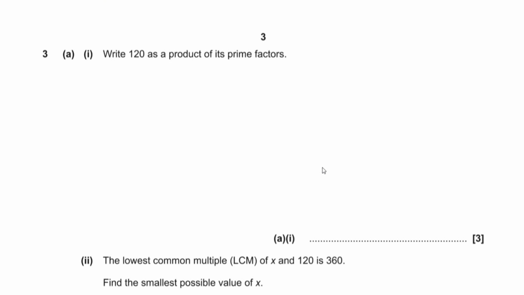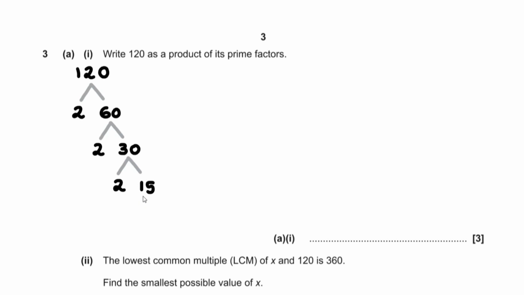Question number 3. Part A, for the first part, we have to write 120 as a product of its prime factors. So, we've got this 120, and we can split this up as 2 times 60. 60 we can further split up as 2 times 30, 30 we can further split up as 2 times 15, and 15 we can further split up as 3 times 5. Which means then